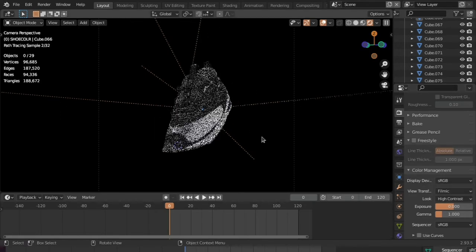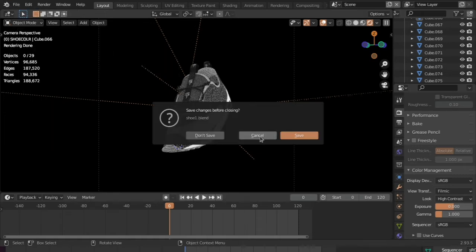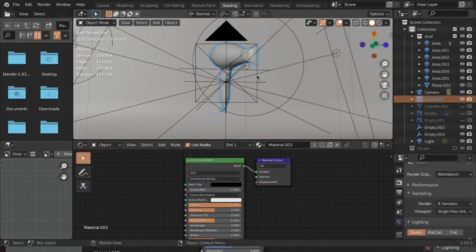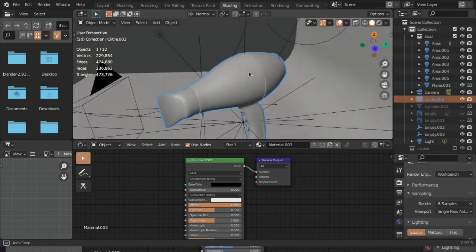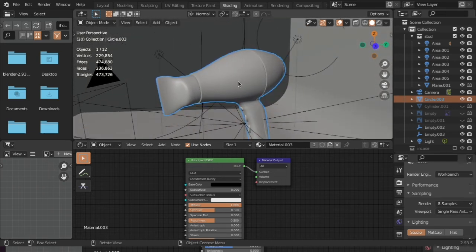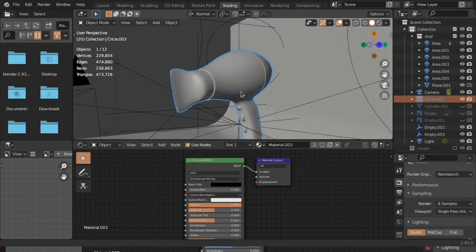So I will show you another example of a model that I have done also. I have this model of a hair dryer, as you can see that I've done also. So I will leave a link in the description of these models if you want to buy them. They are on my CG Trader